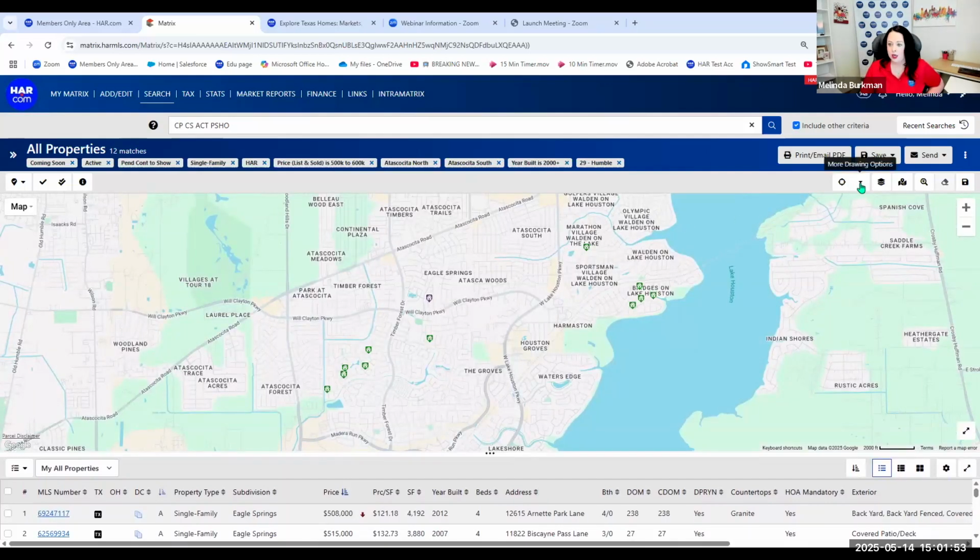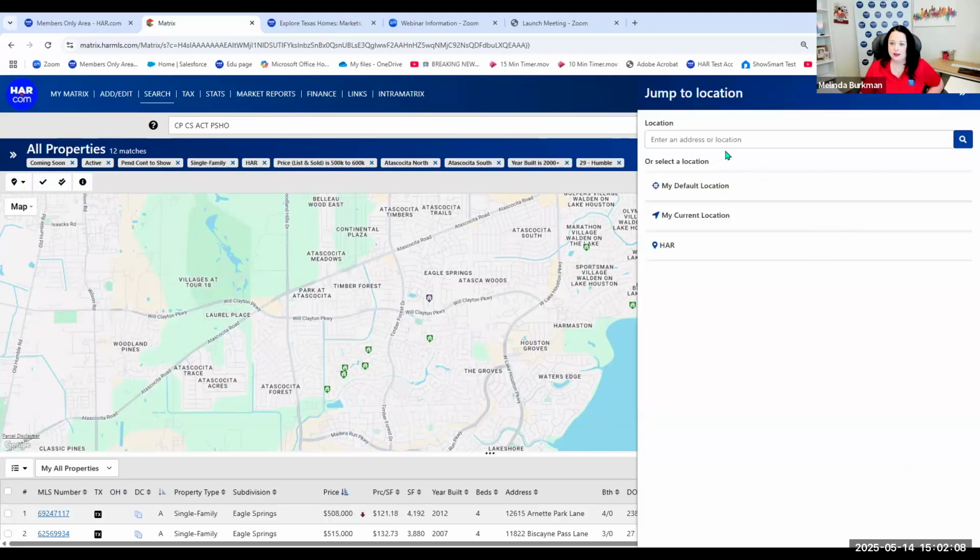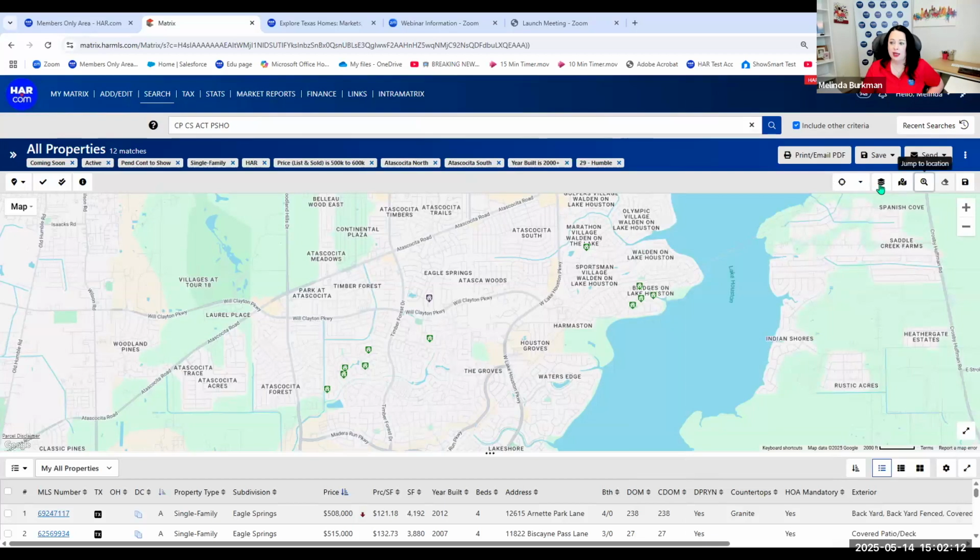So we've got drawing options on the map. We can draw a radius, okay? We can drop a pin for a location and then draw a radius around that pin. So drop a pin would be right here. Put in the address and search it, and it'll drop a pin on the map, and then you can open up a radius around that. That would be really useful for a CMA report, going out that 2 miles, right?